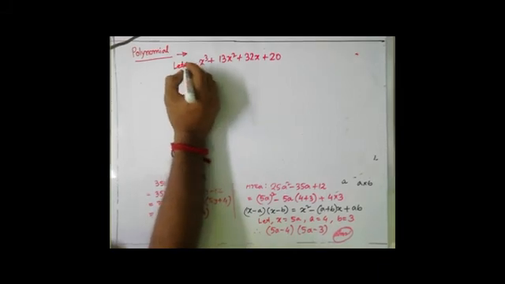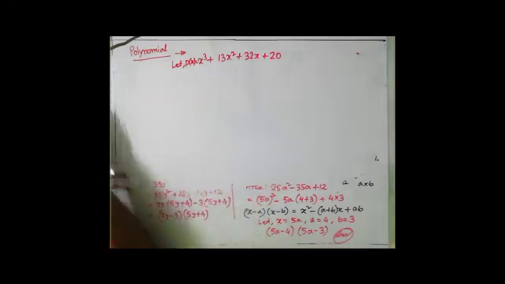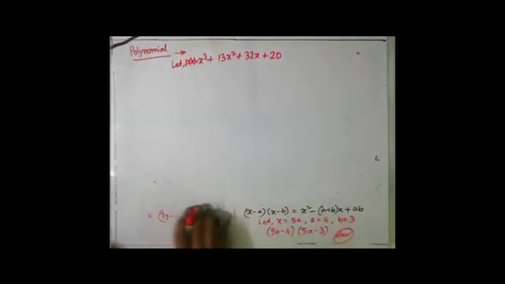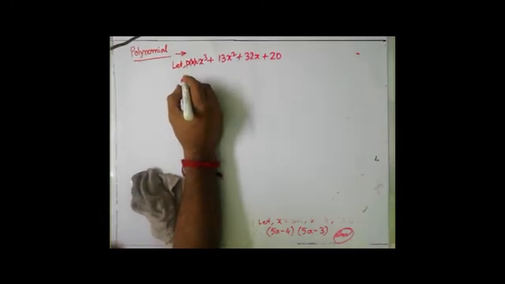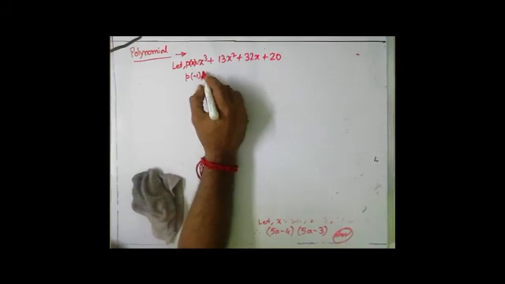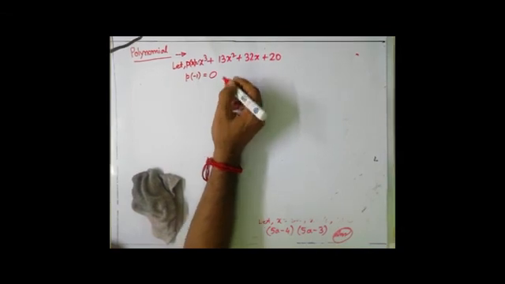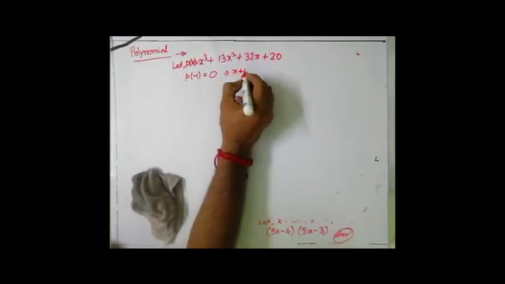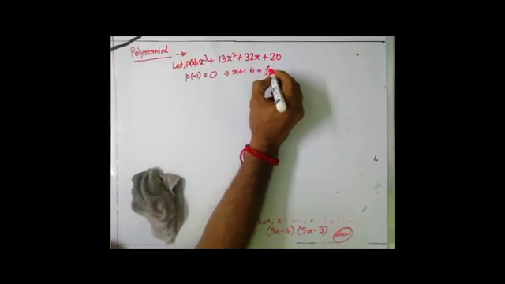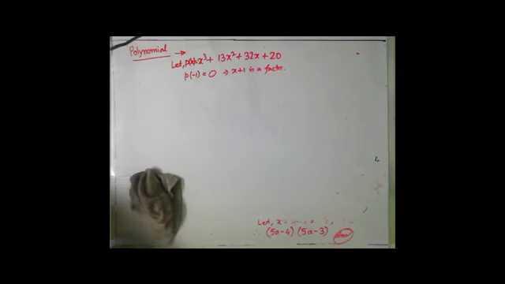Particularly, I named this a vanishing method. So, suppose let this polynomial be p(x). Just find a value by trial and error for which that polynomial becomes 0. I am getting p of -1. If you put the value -1 instead of x, you get 0. So I can say that x plus 1 is a factor, because it is giving the value 0.